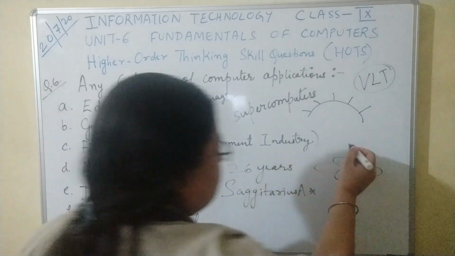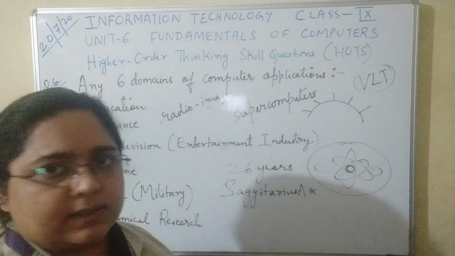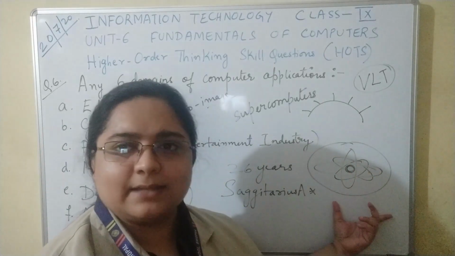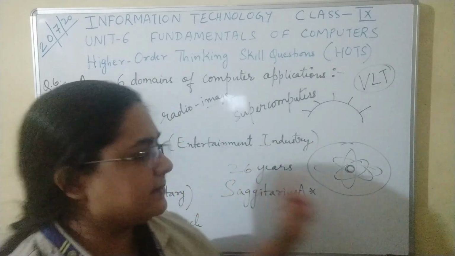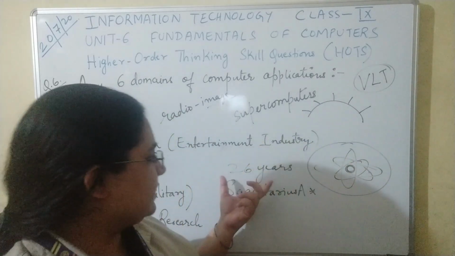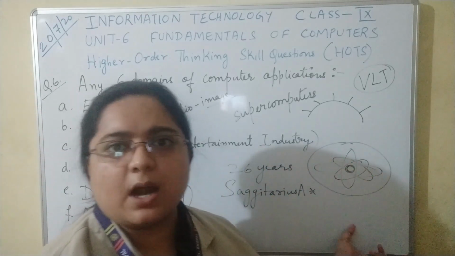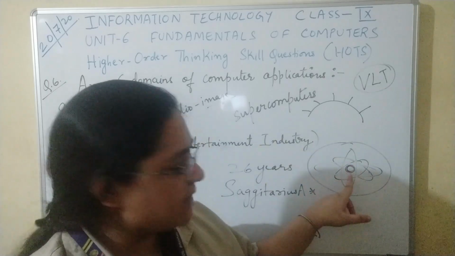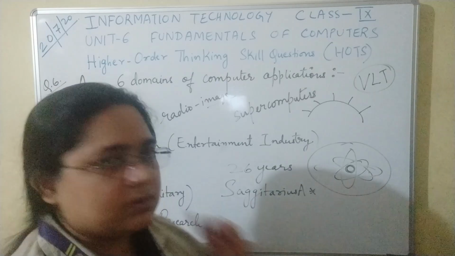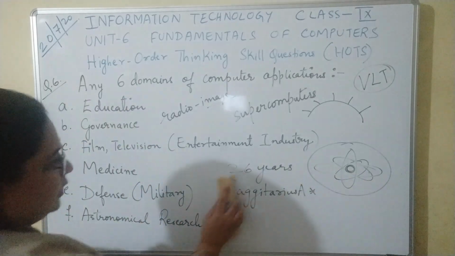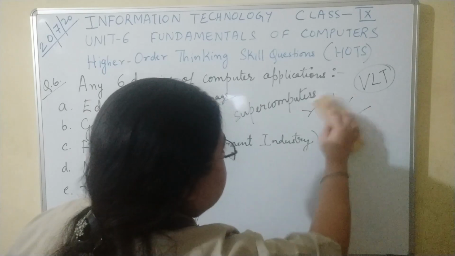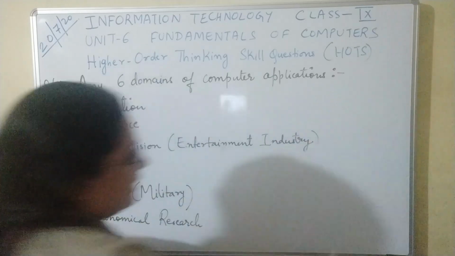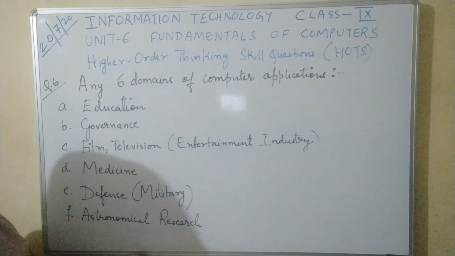And so scientists, with the help of these computers and computer software, located as well as observed this black hole for 26 years. They observed the motion of these stars around this black hole, and that is what gave them the idea that there might be some heavy object at the center of it, and that is the supermassive black hole. So this is how you can easily figure out the different domains where computers could be used.